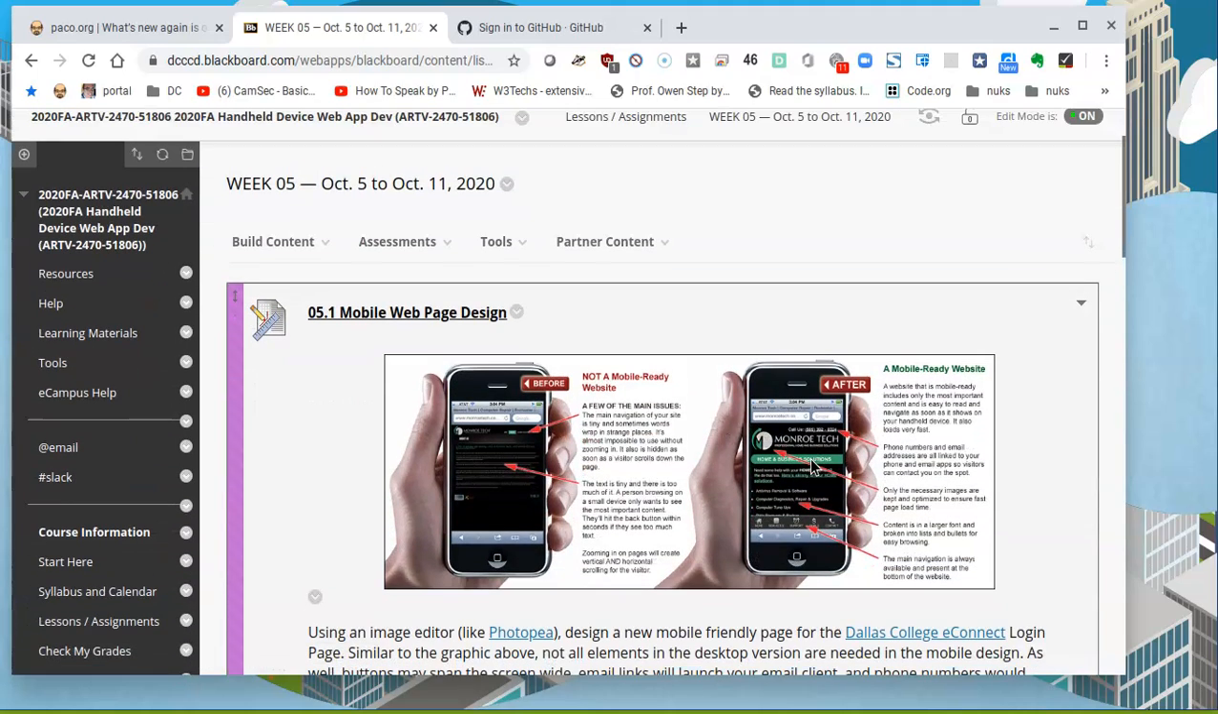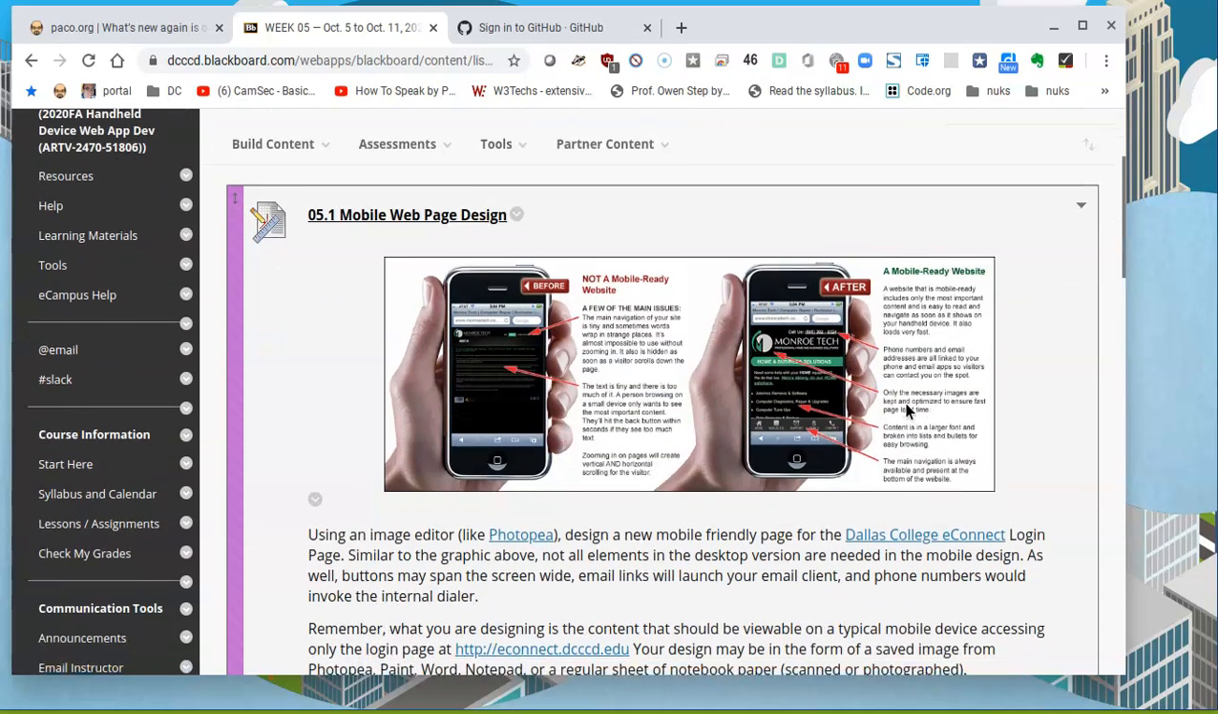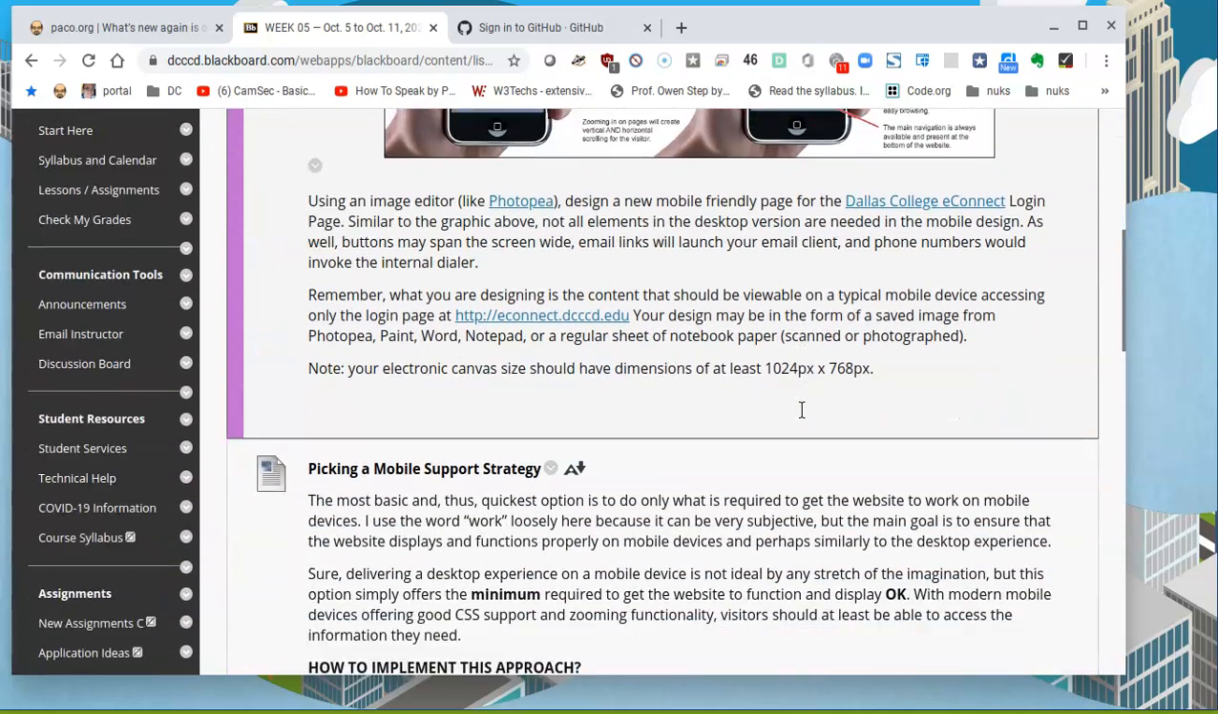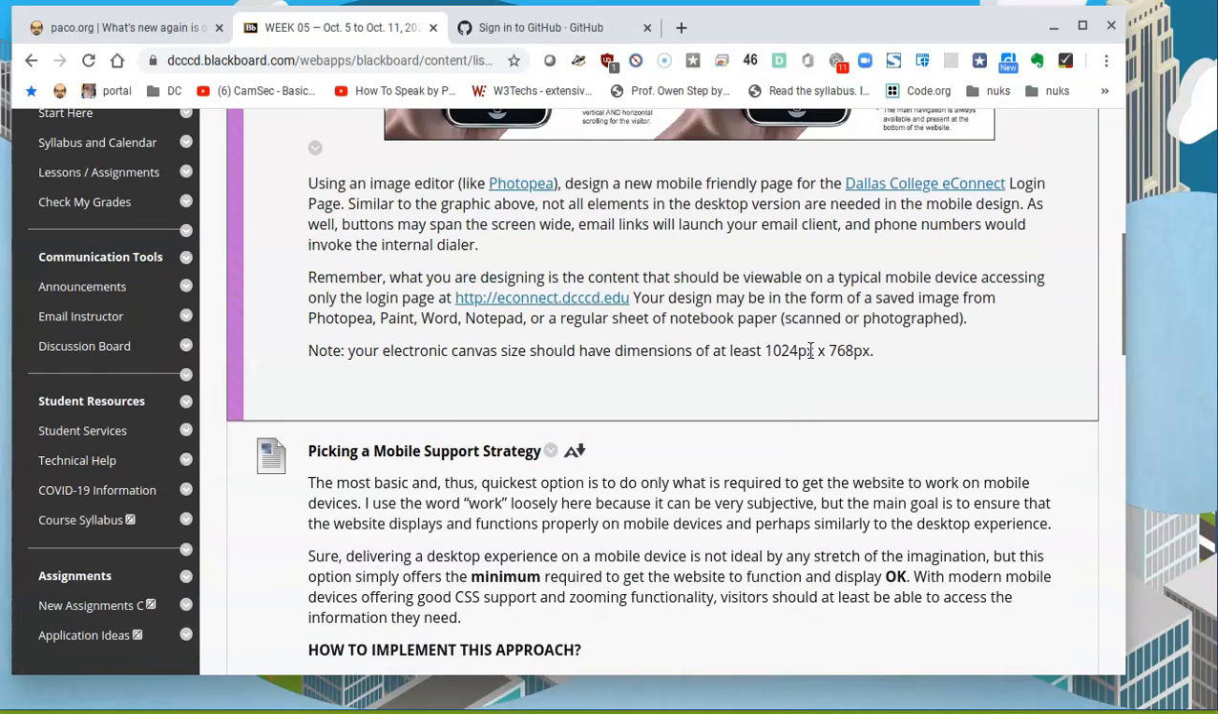5.1 is just something that I think we had already done in class before, which is: what is a mobile-ready website? And by that I mean, what is something that you can see on a device, like it's shown in the graphic here. I'll slide down to get one thing in particular, and that is that whatever canvas you're going to